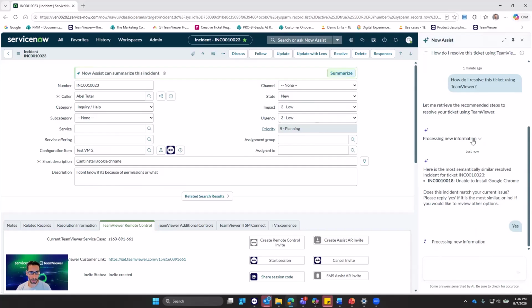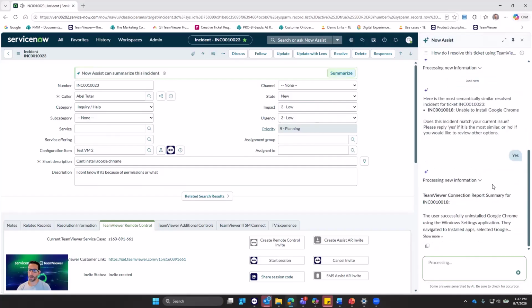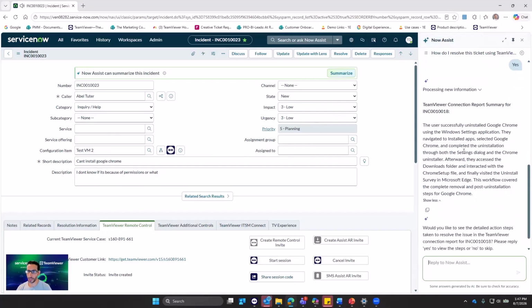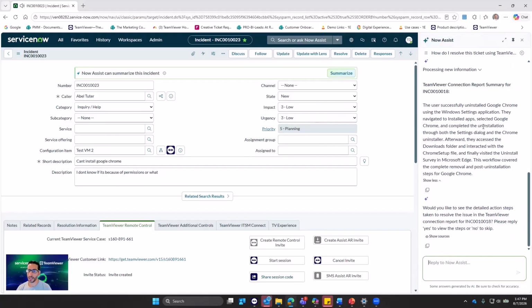And from here, it could pull up some of the information from that ticket. What it shows here is exactly the steps that took place. The user successfully uninstalled Google Chrome using the Windows settings application. They navigated to install the app, selected Google. So it's showing exactly the steps that took place, and this is information that was actually captured using TeamViewer Session Summaries. So from there, we have some information. We can go further with the AI, but let's try to do a remote access connection and see what that